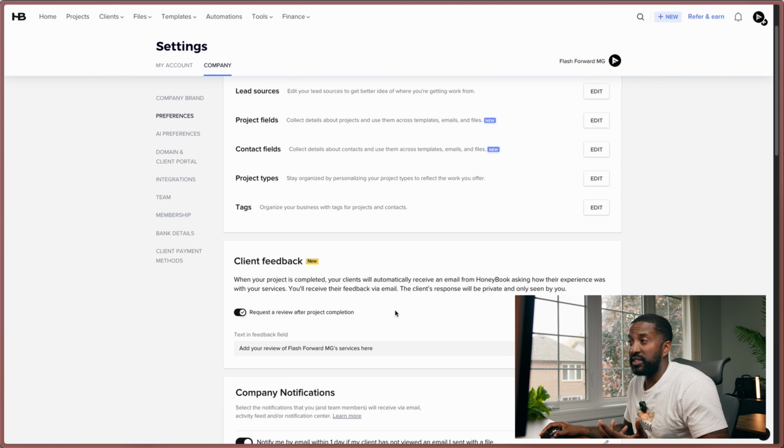Notify me by email within 1 day if my client has not viewed an email that I sent out to them. So turn this on or turn it off. Do you want a reminder if your client doesn't open an email that you sent them? Turn it on. Notify me by email if a file I've sent over has not been signed or paid after 7 days. Maybe you're going on about your personal life, or maybe you're helping to service other clients and you just forgot about this client and where they are in your whole entire pipeline. Instead of just completely forgetting about them, Honeybook will go ahead and take the initiative of sending you a reminder